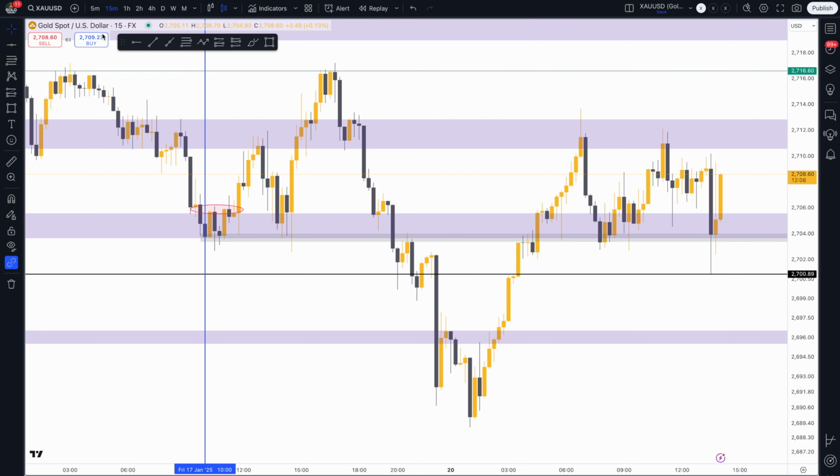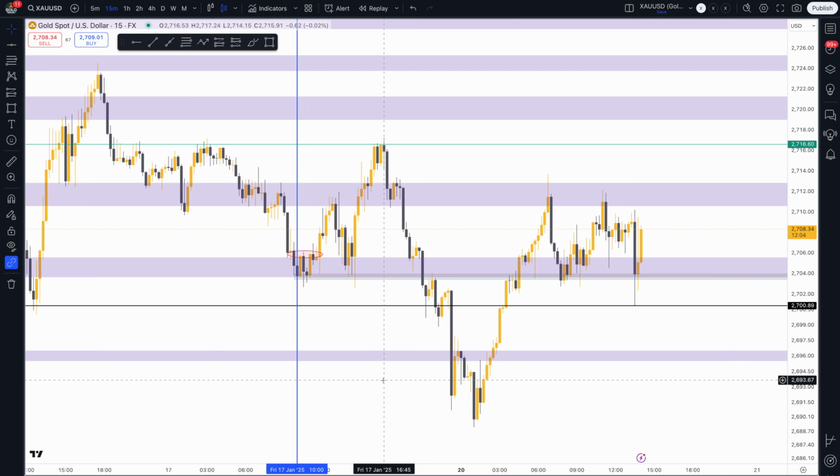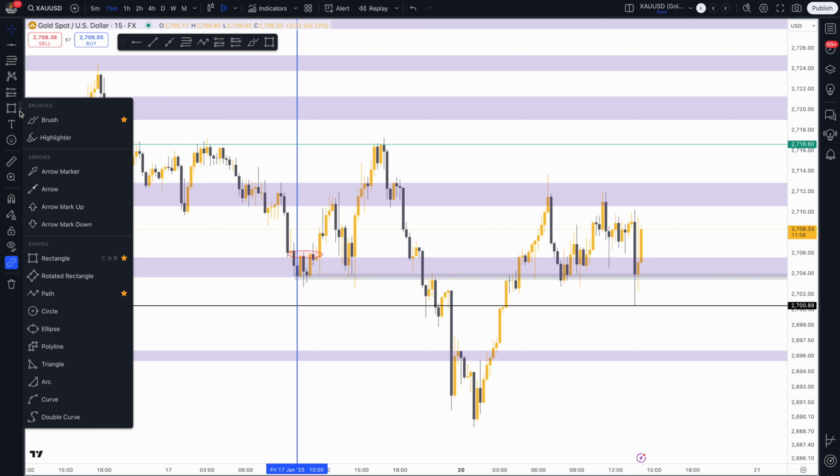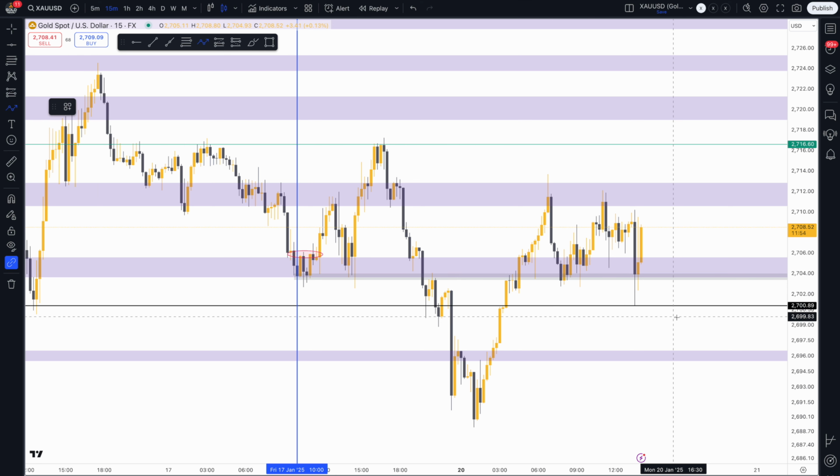So what could we potentially see as of right now and as of the rest of the week? As you can see, price is consolidating between the 2711 and the 2705 levels, but there is definitely a possibility that we see a break of either side at some point this week. As you can see, price has tested this little area here as a support, and we have a considerable amount of bullish volume. If we see price surpass this little level here, this minor resistance and obviously previous support,